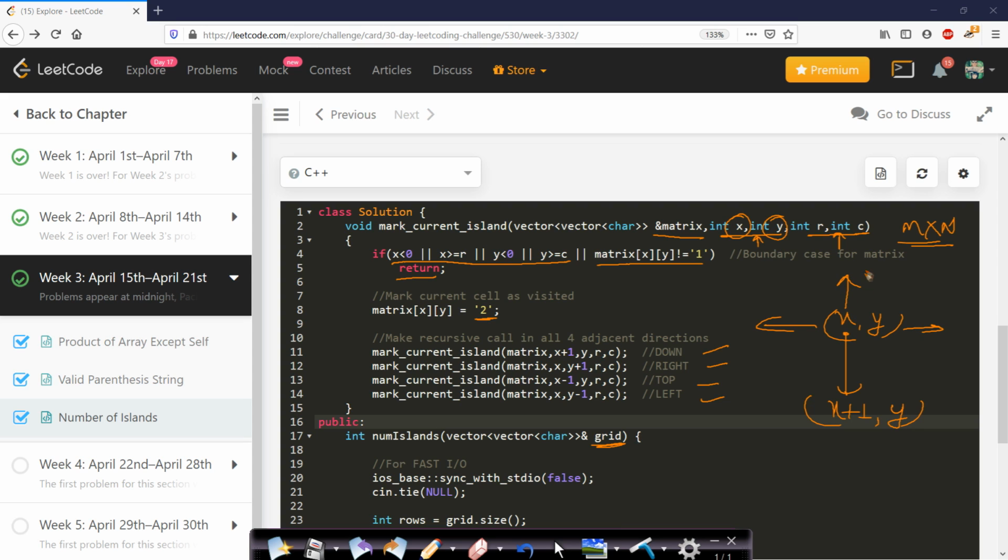So you need to change the current location of the cell which you will be processing, and the rest will be the same. You can either use a for loop, but I have not used a for loop, I just wrote 4 lines. Now this question can also be solved by using disjoint sets, but I have never explained this approach to you, therefore I went with the easy approach.